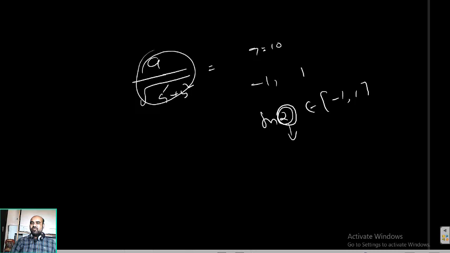Understood? What is the meaning of that? Whatever alpha is, the value lies between minus 1 and 1. So what I am saying here is, whatever a and b values may be, these values lie between minus 1 and 1, which means for some value of alpha, I can say this is sin alpha, or for some value of alpha, I can take this as cos alpha, whatever it may be.